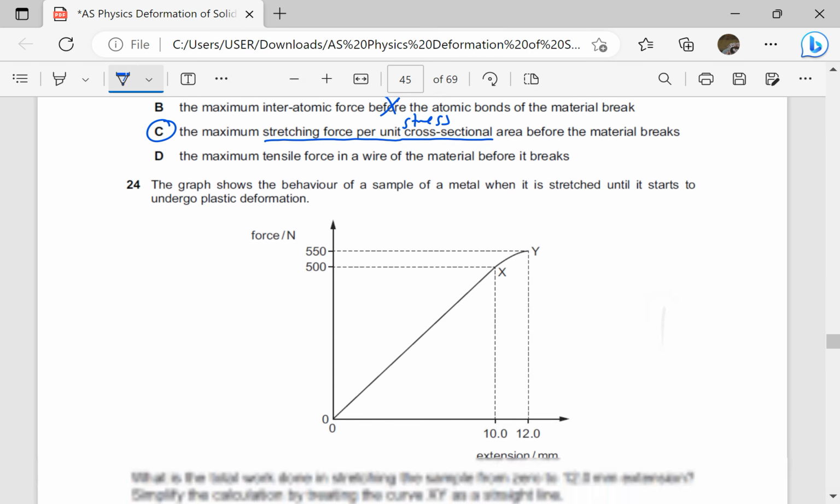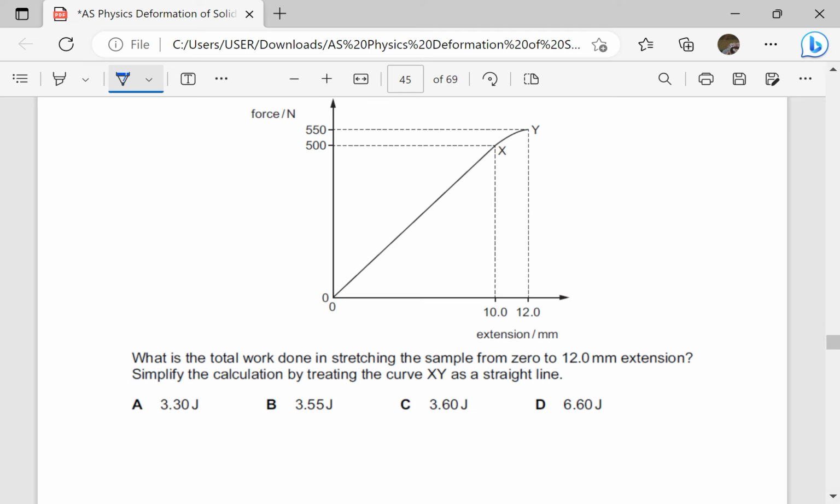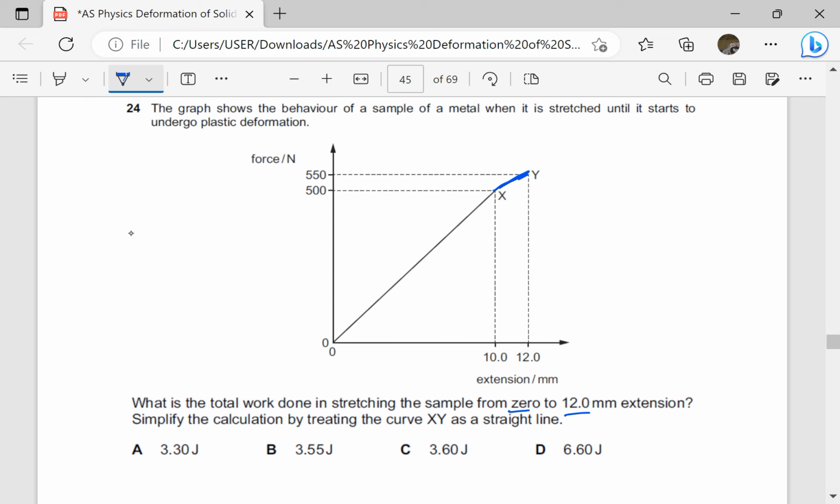The graph shows the behavior of a sample of a metal when it is stretched until it starts to undergo plastic deformation. What is the total work done in stretching the sample from 0 to 12 millimeters extension? Simplify the calculation by treating the curve xy as a straight line. So we are treating this as a straight line. Okay, so I'm just going to find the area. So the work done is going to be the area under the graph,